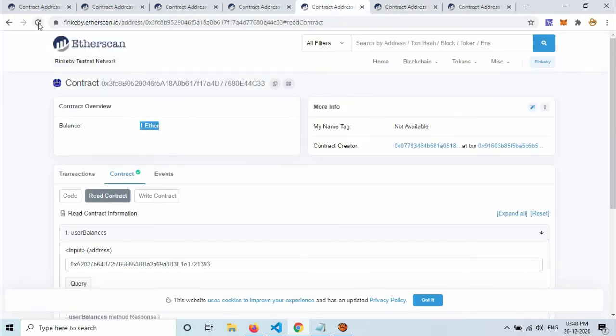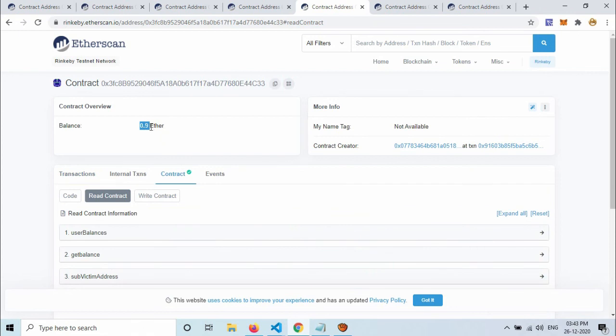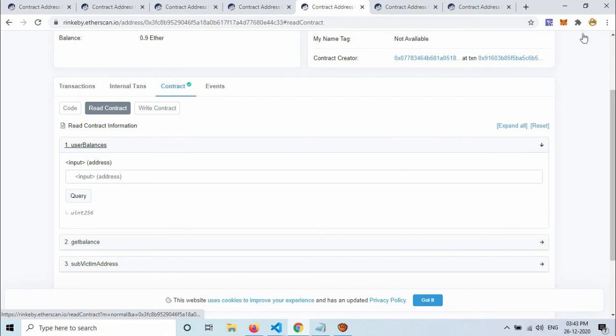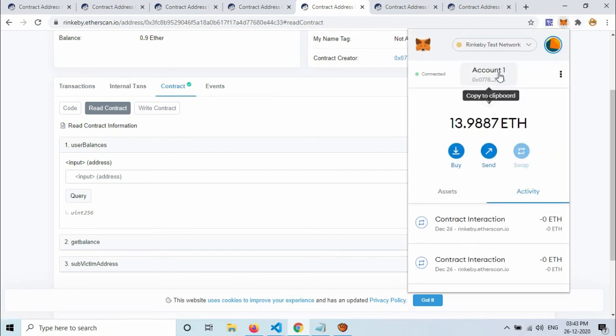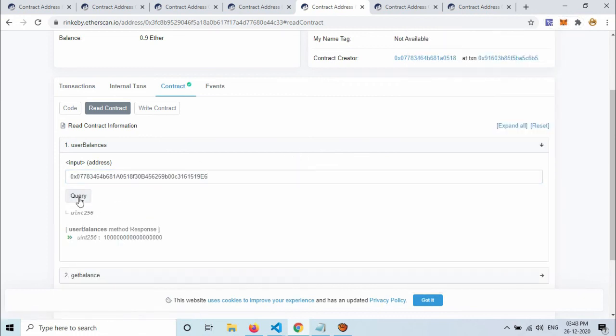The balance of the victim decreased by 0.1, which is also expected. But what happens with the reentrancy? Before the attack, the balance of account 1 was 0. Now let us check the balance of account 1, which is non-zero, meaning the reentrancy attack becomes successful.